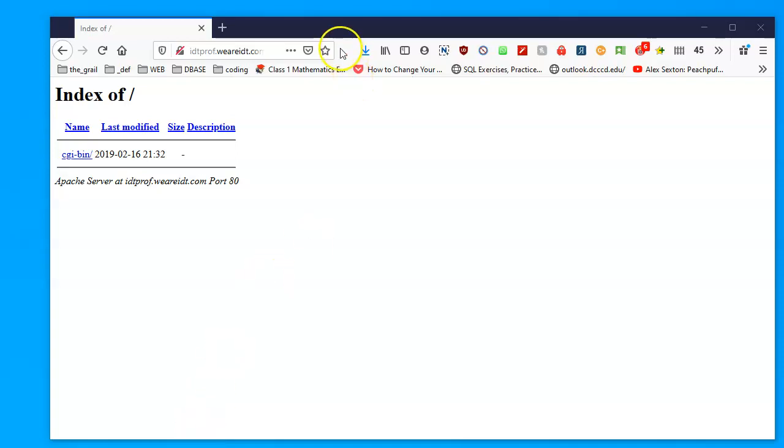Okay, so by now you should have received your credentials to log in to your website. It's going to be your username, usually your first initial and your last name, like mine would be F. Rodriguez, or something else if that name were already taken. The examples that I'm going to be using, I'm working with my account, which is idtprof, and my website is